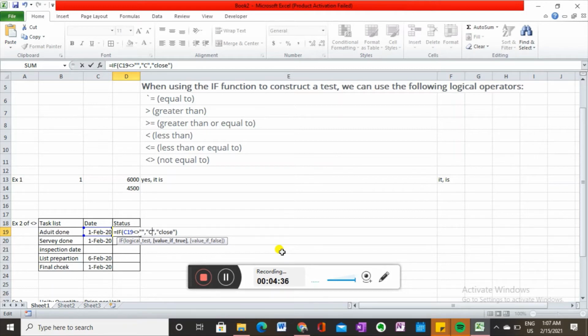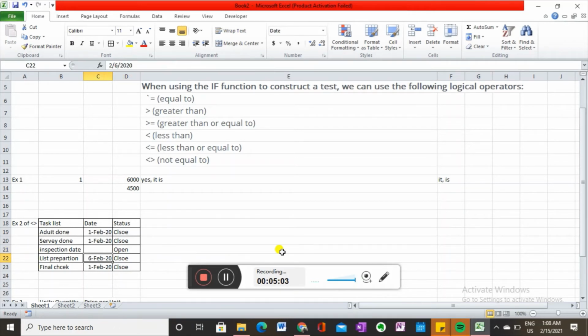We just change the values, close and open, because we have to show that if a date is not there, it is open, and if there is a date, it is closed. Just copy and paste till the last cell. In cell C21 the date is not there, so it is showing status is open.